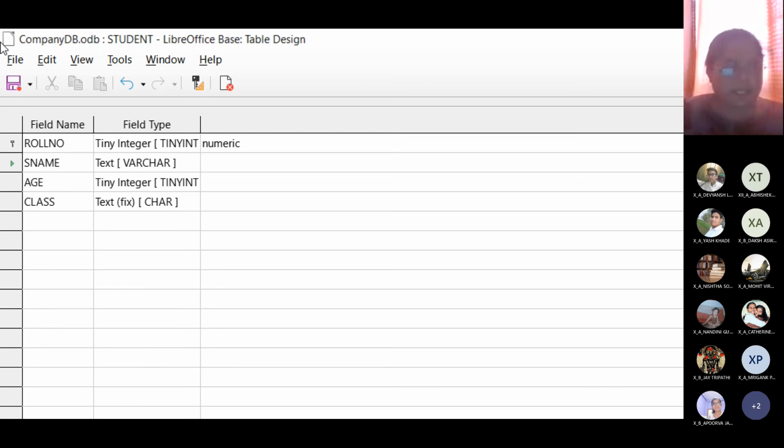Student name is of which type? It is character, or we can say alphanumeric or textual type, okay, text. Age is again numeric, class is again text, that is alphanumeric, right? So you can perform your arithmetic calculations only in the numeric field.